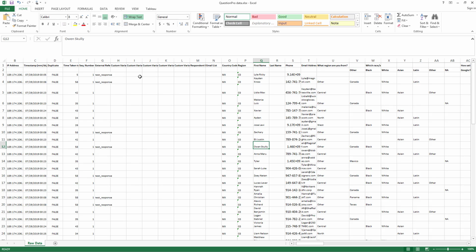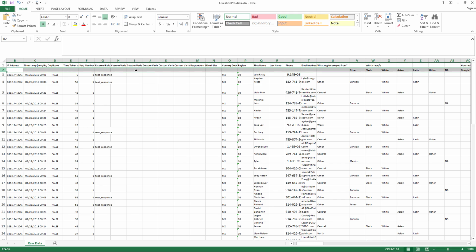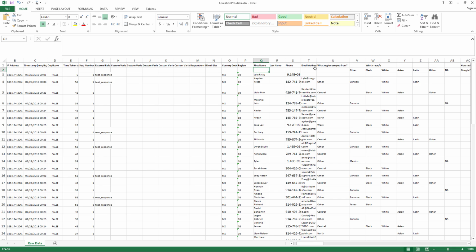One thing that's a little tricky, that's going to give us a little more cleaning, is that QuestionPro has two headers. So you see we have a header here with some values and then a header here with some other values. Now the software is going to take care of that. What it's going to do is look at the first row. If there's a value there, then it's going to grab it. If there is no value in the first row, it's going to grab the second row and put that as